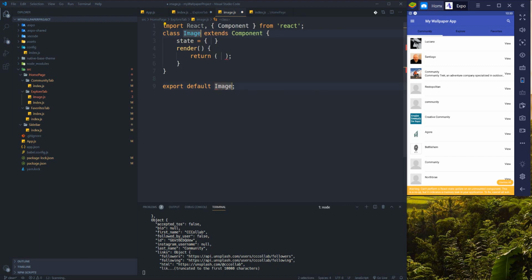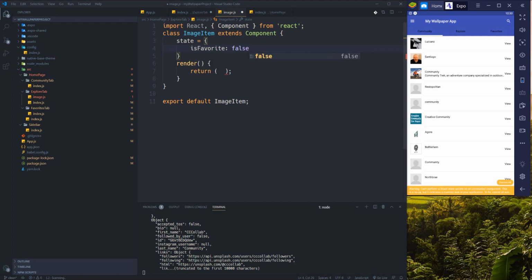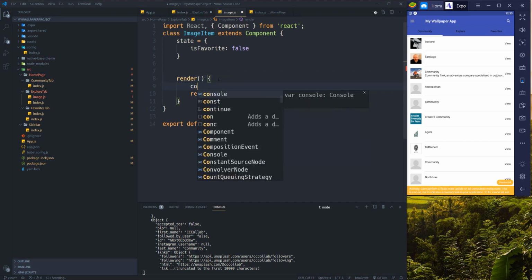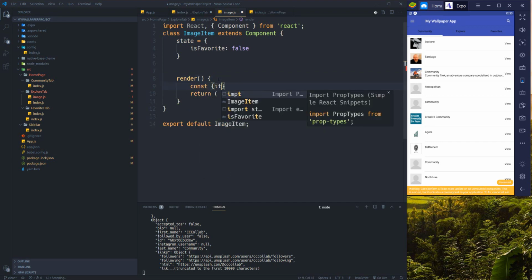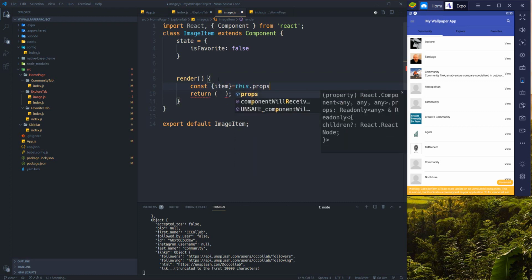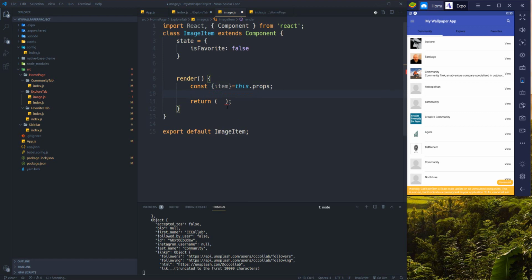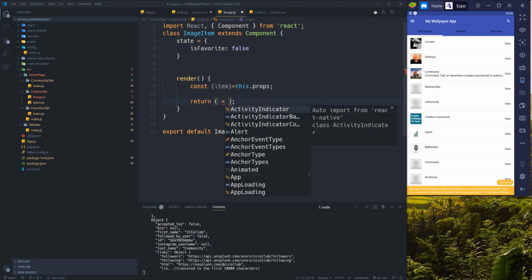I'm gonna name it image item, and it has a state is favorite, and within this render function, first of all I want to get the item from props, and then just return a